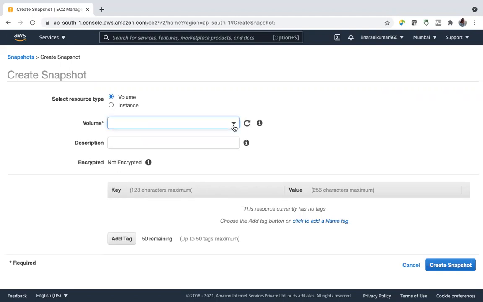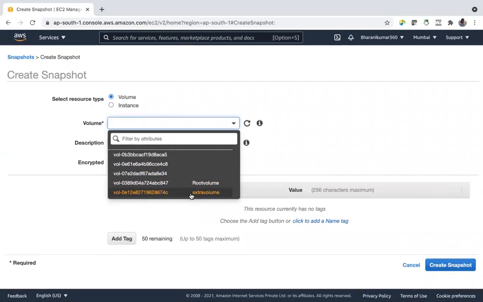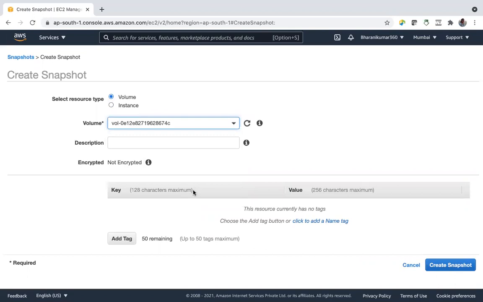Volume. I want this extra volume. Suppose this is an EC2 instance related to some telecom company, and their headquarters is in Singapore, for example, and they have servers in other regions also. These servers have customer data and details of people who are visiting their web page.